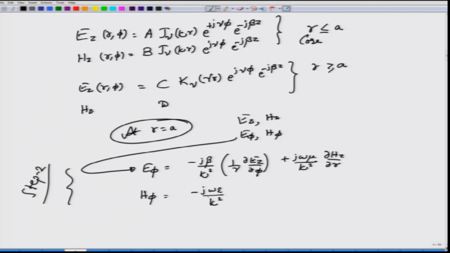So, minus j omega epsilon by kappa square del Ez by del r, and then you have minus j beta by kappa square r del Hz by del r. Notice that you are going to differentiate with respect to phi and with respect to r. When you differentiate with respect to phi, the assumed solution will pull out plus j nu, and when you differentiate with respect to r, you are differentiating the Bessel function of the first kind of order nu and the Bessel function of the second kind of order nu,